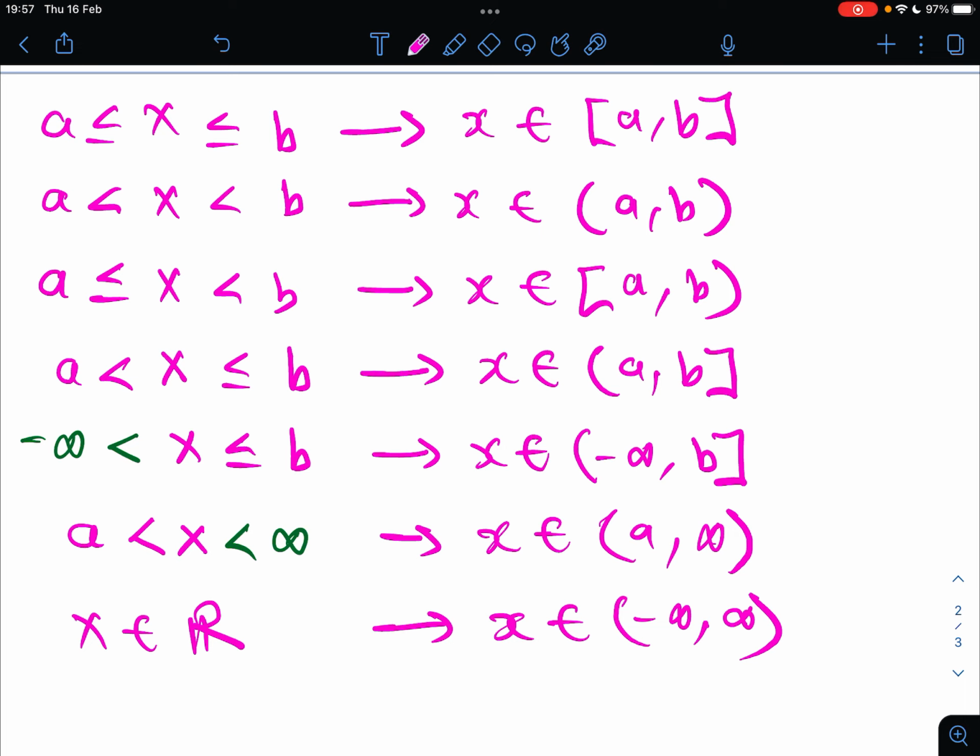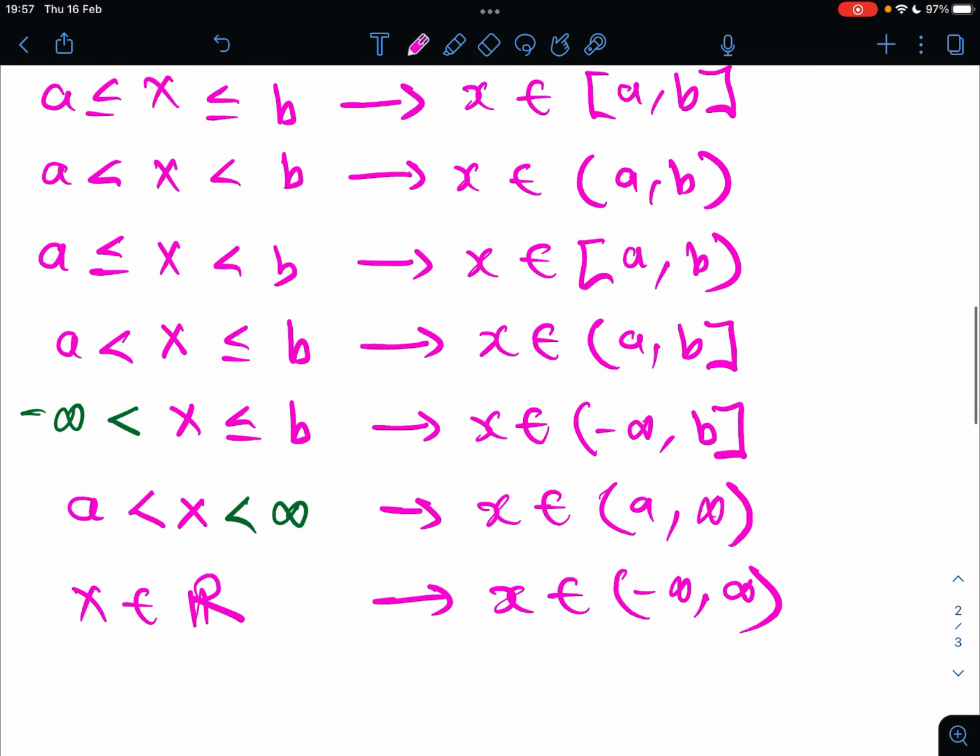You see, so this is how the interval notation works. So it's a good thing to be aware of how to make use of the interval notation at this stage, before you start looking at techniques of how to find the domains or the range of different types of functions. You see that? So now that we are aware of the interval notation, it is a good time to start looking at